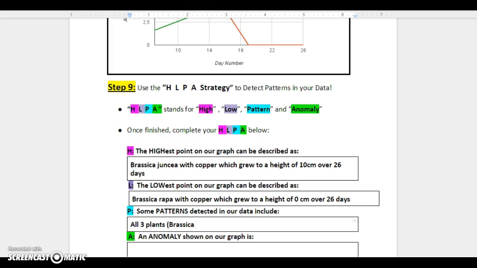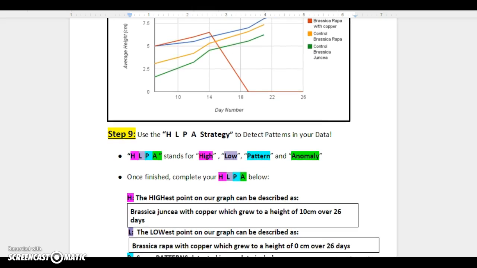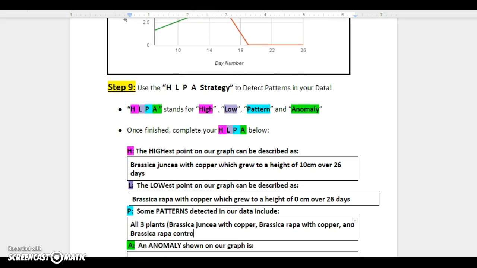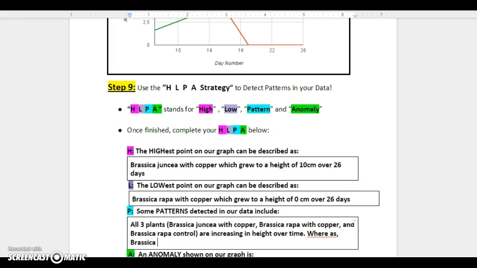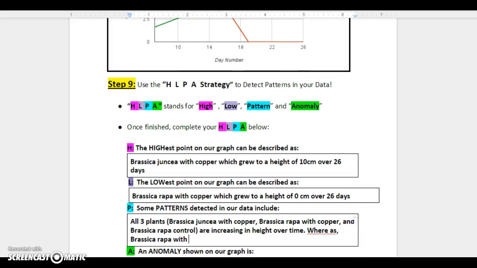Brassica juncea with copper, Brassica rapa with copper, and Brassica rapa control are increasing in height over time, whereas Brassica rapa is decreasing in height